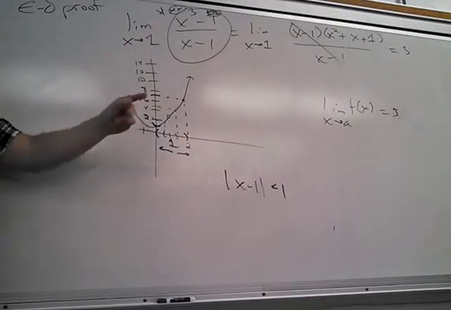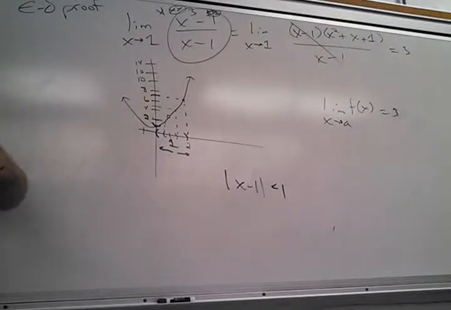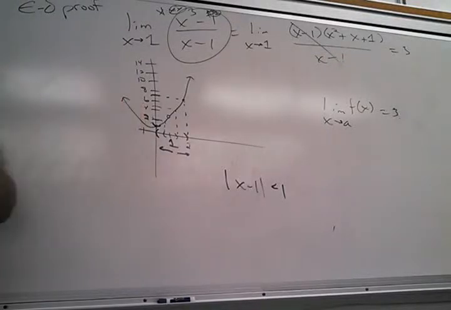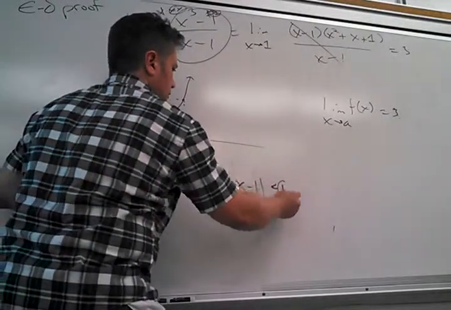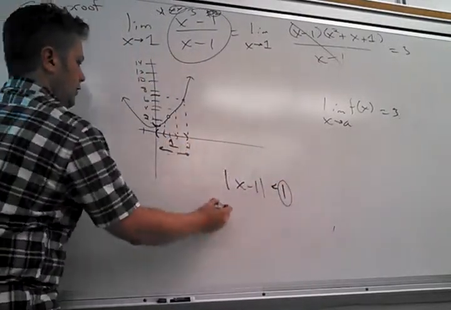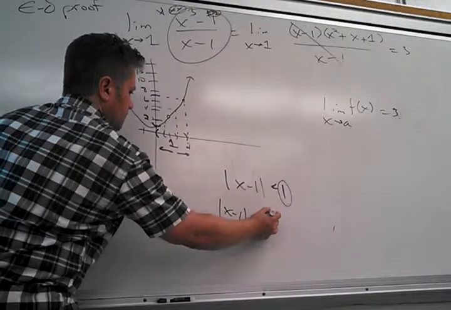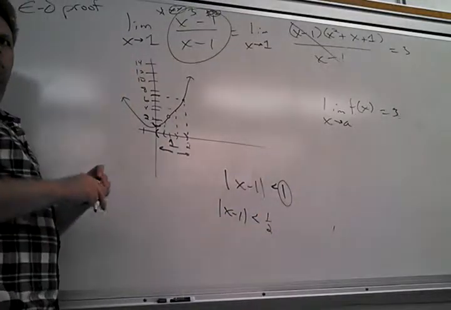So you can have some really misbehaving function where you got to get stupid close, within 1 over 10 to the 10 to the 10 to the 10 to the 10. That's pretty damn close, right? But it's still the same idea. Okay, so this distance here, the second one I did was maybe |x minus 1| less than a half. Is that cool?